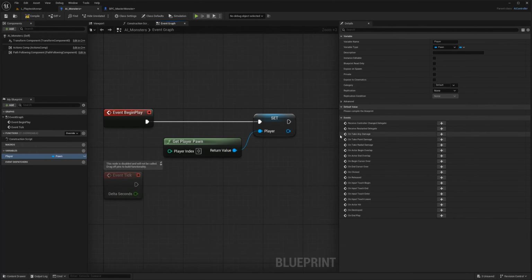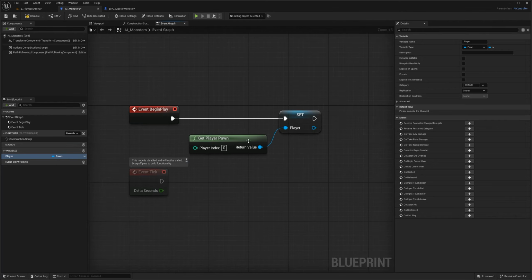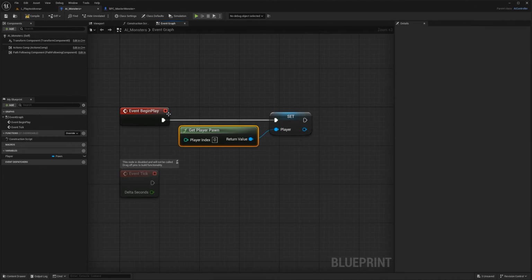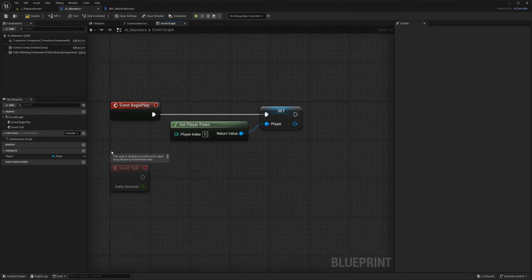Just like that. This is what we do. So in the begin play, when we press play in the game, I want to set the player, essentially getting the location of the player. And then on every tick, I want to update that location so I can use this after for the monsters to follow.